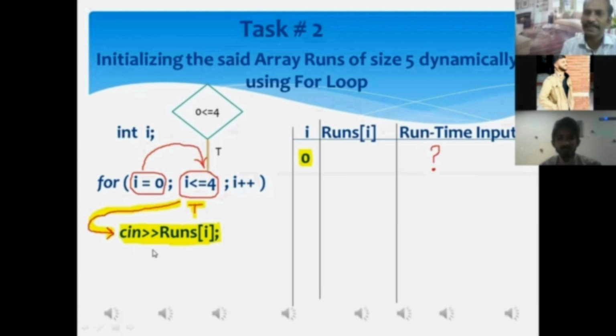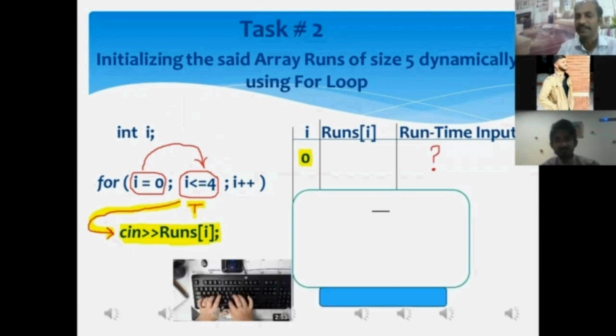Mr. Ahmad, did you get it? Yes, sir. All right. When the scanf statement is executed, what happens over there? If you look at the monitor screen, you will see a cursor blink. It means a cursor will come and disappear. What is meant by this? It requires you to enter something using the keyboard. Let's suppose, using the keyboard, I type 10. That will be displayed on the monitor screen.